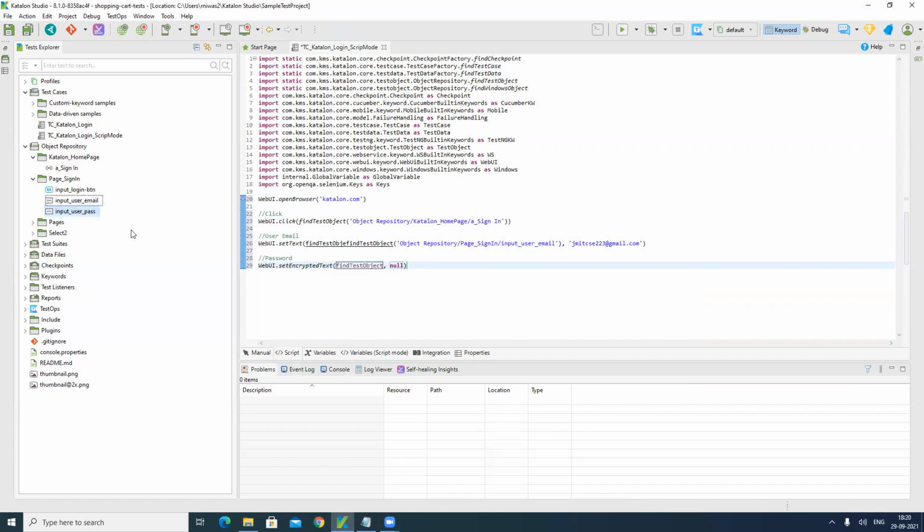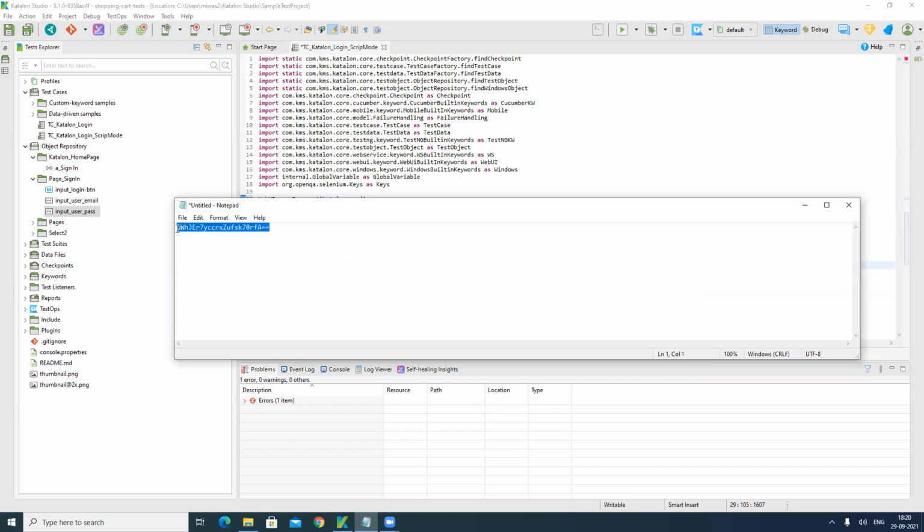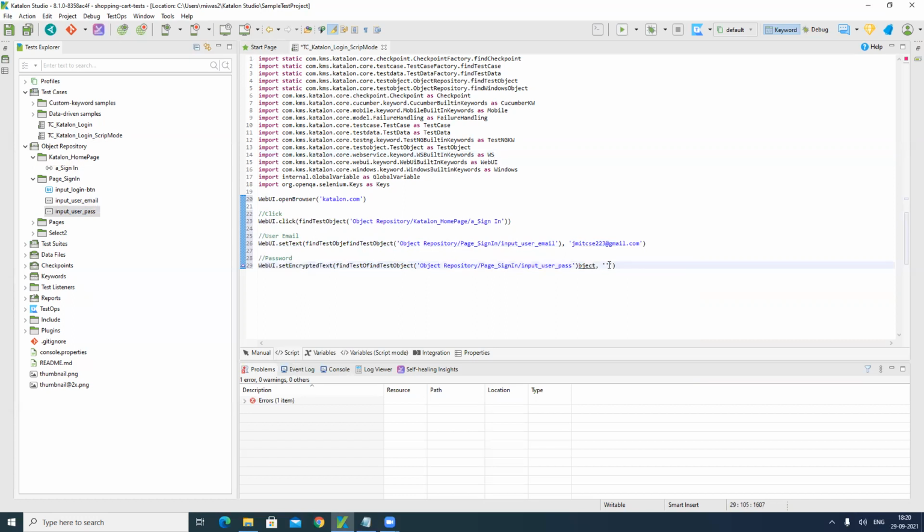So we are going to use this password object and the value. I have already encrypted my password value. Just enter the value. Let me remove some extra words.